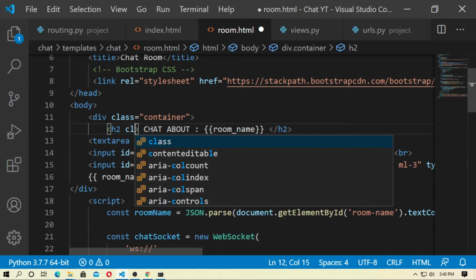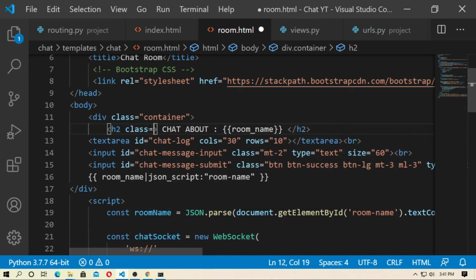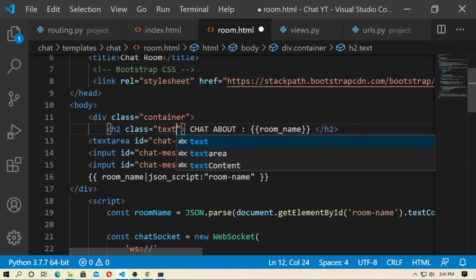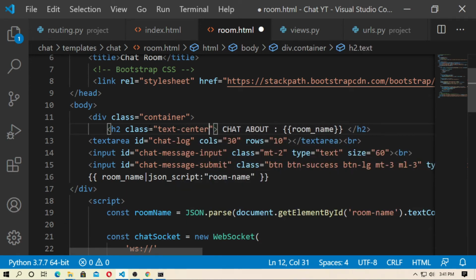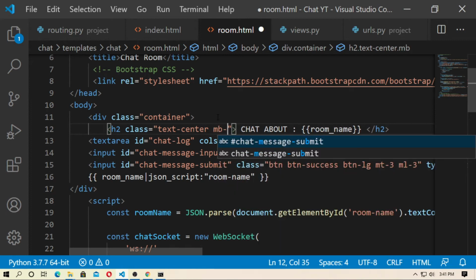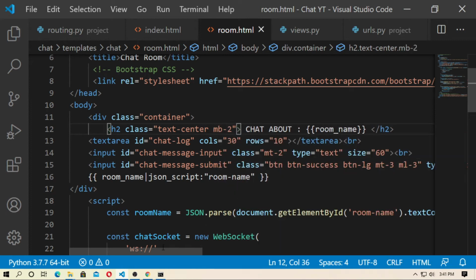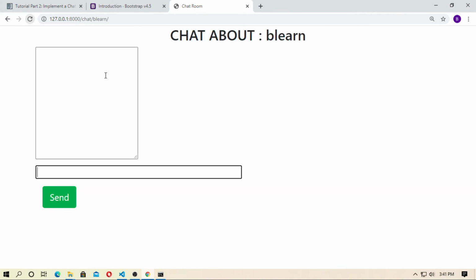You can add the class text-center and mb-2. Now save it and refresh it. You can see here, chat about vlearn, it is your room name. Now send hi. You can see hi. Now send hello. You can see hello.